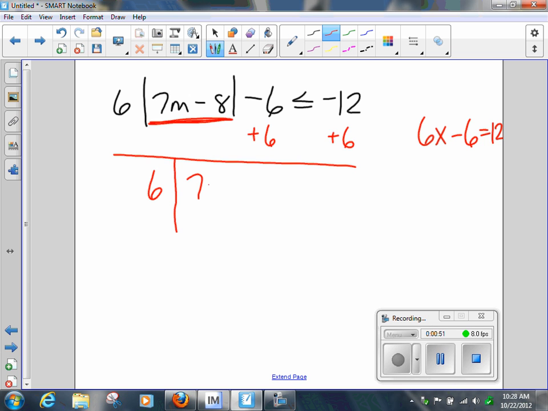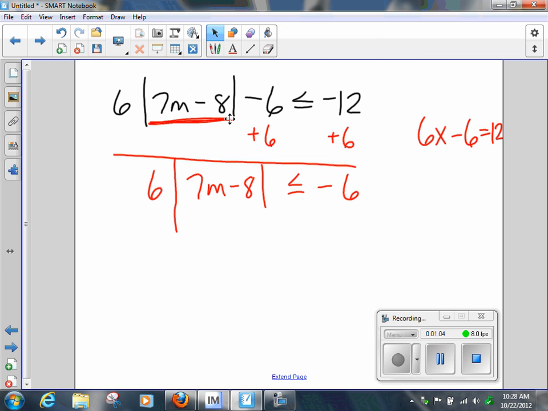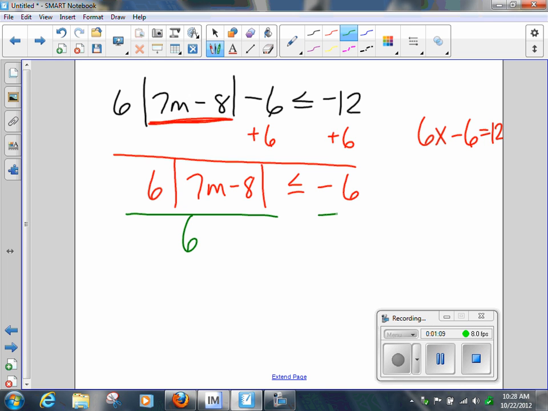6 times the absolute value less than or equal to negative 6. Okay, I still have the negative number on my right side. I cannot have the absolute value less than a negative number. But maybe when I divide by 6, it'll change. Don't make your determination until the very end. Negative 6 divided by positive 6 is negative 1. Folks, same case. Can you have the absolute value less than